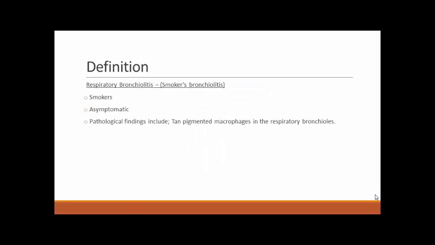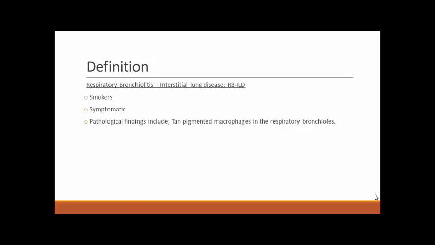As a definition, respiratory bronchiolitis is also called smoker's bronchiolitis. It's not associated with interstitial lung disease. We would see it in smokers who are asymptomatic, and if we get a pathological slide for those patients, we would notice that they have tan pigmented macrophages in the respiratory bronchioles. However, if the disease advances,